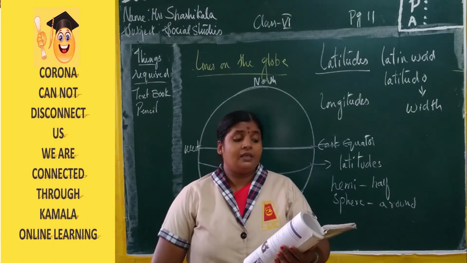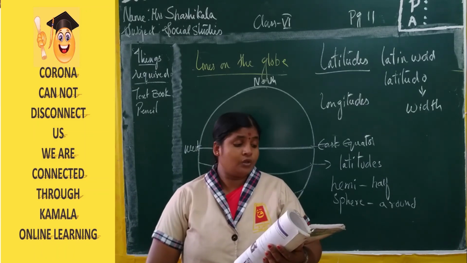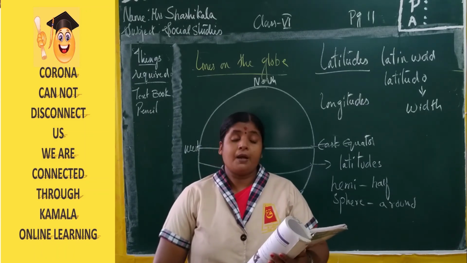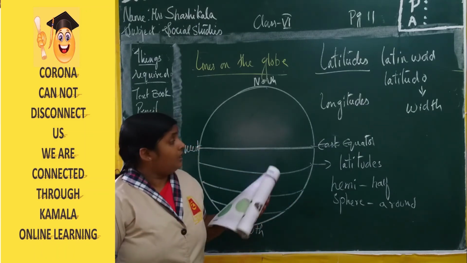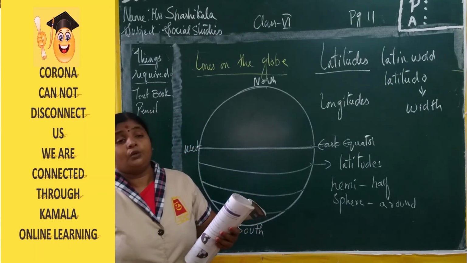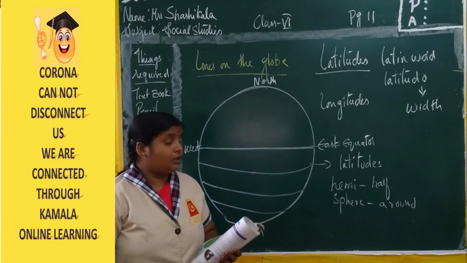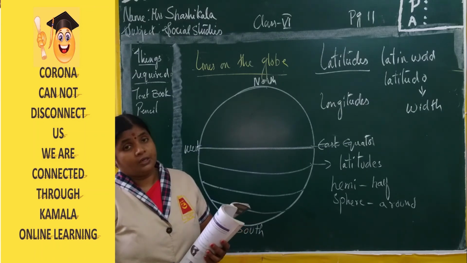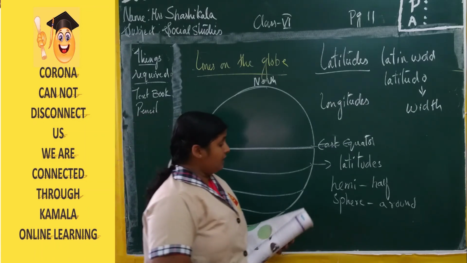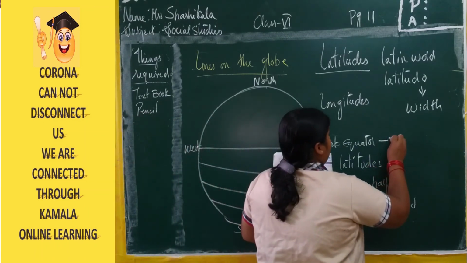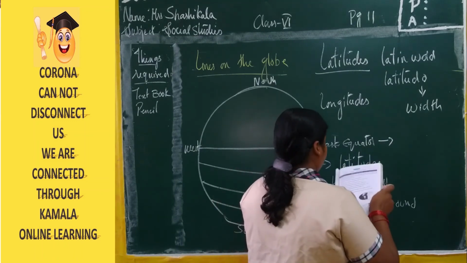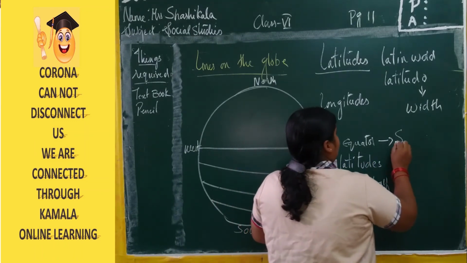So identify the equator on the globe and note down the continents it passes through. Now with the help of the globe, we can identify very easily how many continents are going across the equator. Now across the equator, what are the continents that are going? South America,